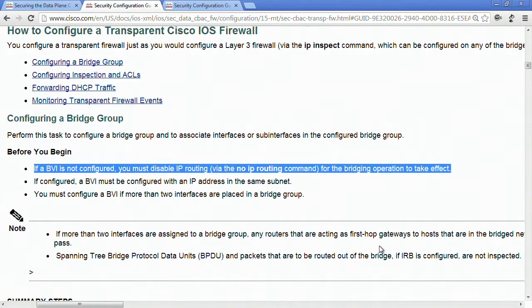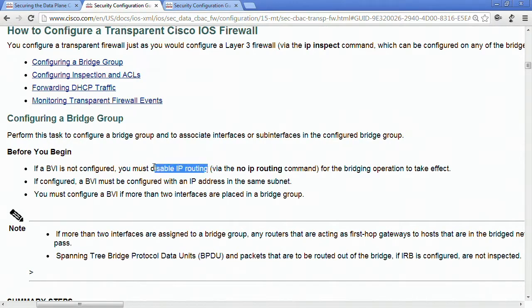And that's what they're talking about here in the documentation, that if you don't configure the Bridge Virtual Interface, we have to disable IP routing, because with the concurrent routing and bridging feature, you can either route or bridge, but not both at the same time on the same interfaces. So if we configure the BVI, that's doing integrated routing and bridging, where we can combine both of them together. Okay,